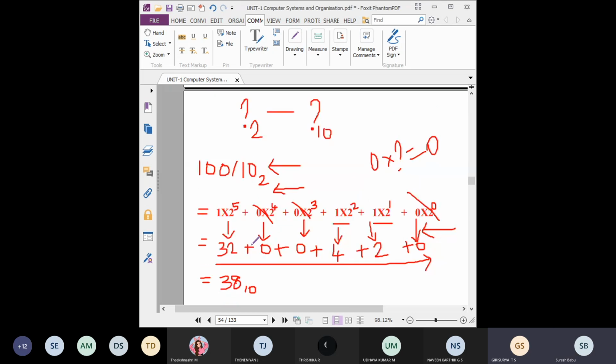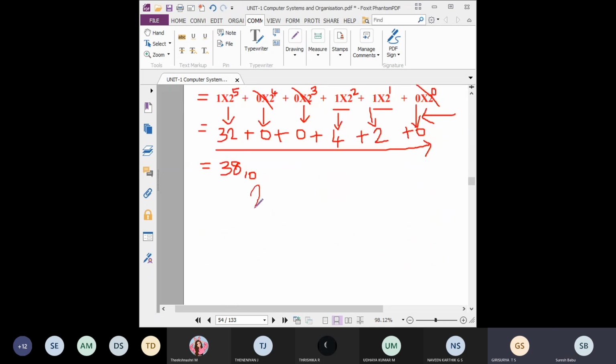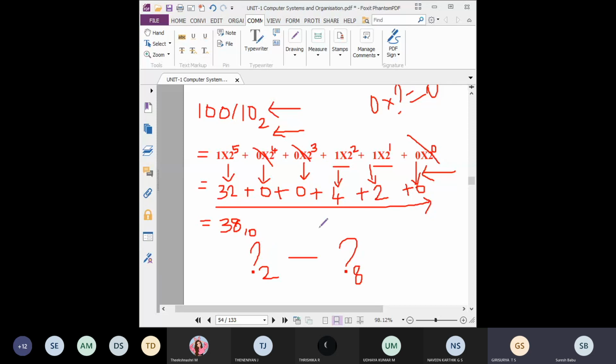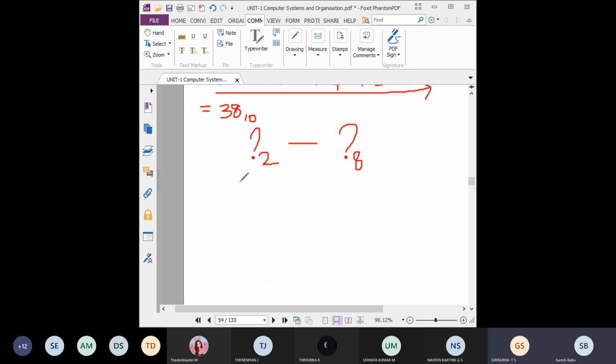Yes. Okay. So next we will see how base 2, that is binary, should be converted to an octal number. How to do it? Kindly remember this is the basic method we are going to use in all other conversions, that is, binary to all other conversions. This is the method. But what is the thing I am going to change? See, the same question I am going to use: 100110. Okay, this is the question.